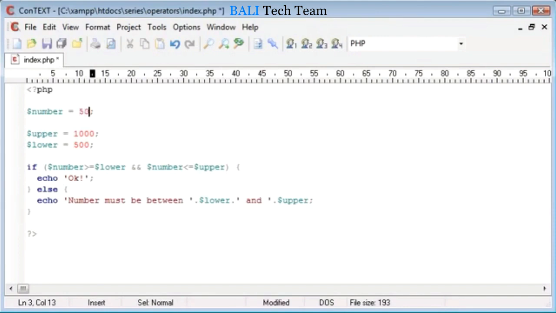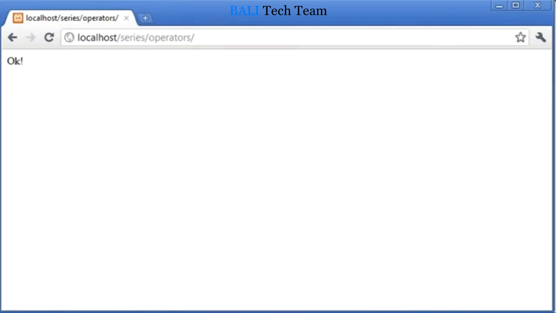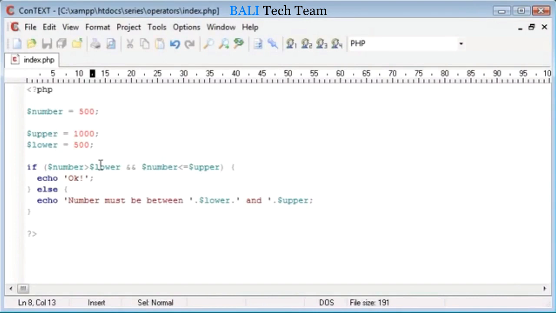And then we can do the inclusive numbers as well. So if it's 500, it's going to be still okay. Let's say we were to take the equals out of there. Remember, it now doesn't equal, so it's working. So maybe we could put a little message on the end of here saying inclusive. Oh, inclusive. Okay,